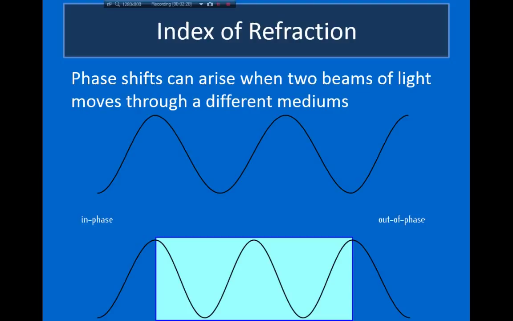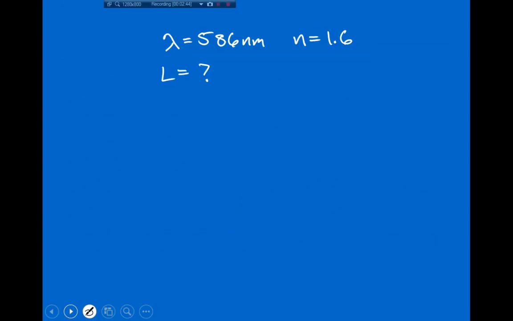So if we think about that, the number of oscillations is going to be equal to the distance that the light travels, this length L, divided by the distance it would have to travel to undergo a single oscillation, which is its wavelength. So if I take this total length L and divide it by the wavelength, that'll tell me the number of oscillations that the wave has undergone. So the light is going to undergo more oscillations when it travels through the film. So the number of oscillations in the film